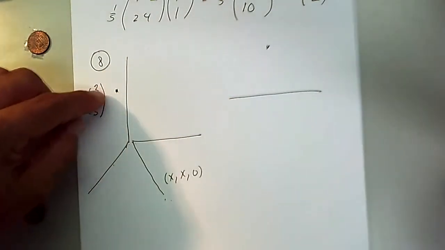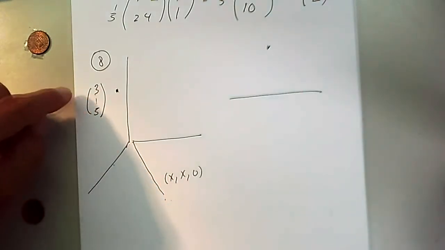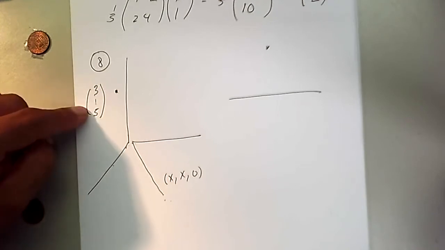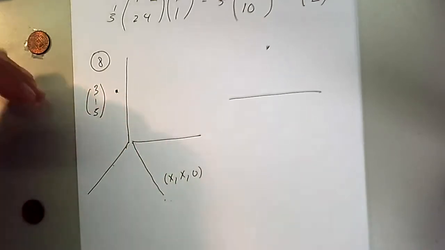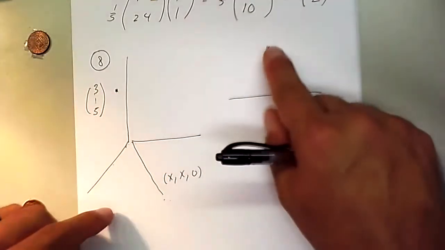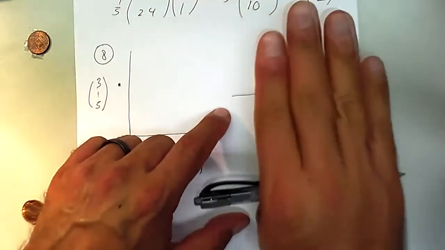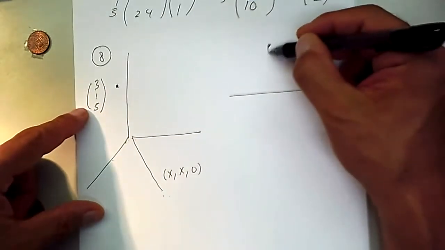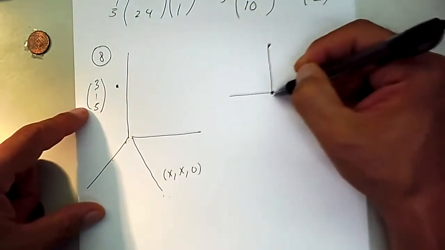So that point is not above it. If it was above it, it would be 3, 3, and then 5, for instance, but it is not above. So it is at an angle. So this point is not directly above the line. It is off. But then still there is a point that is closest, and that is the projection we want